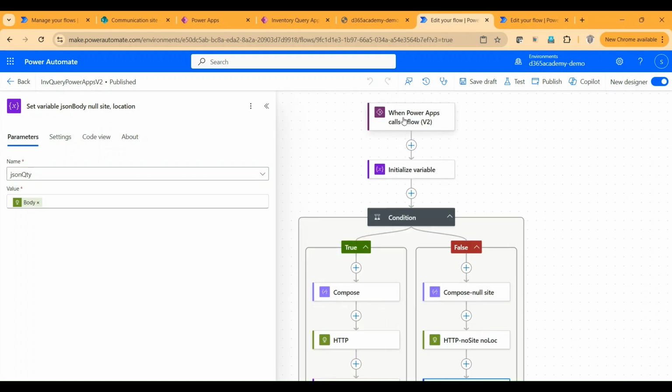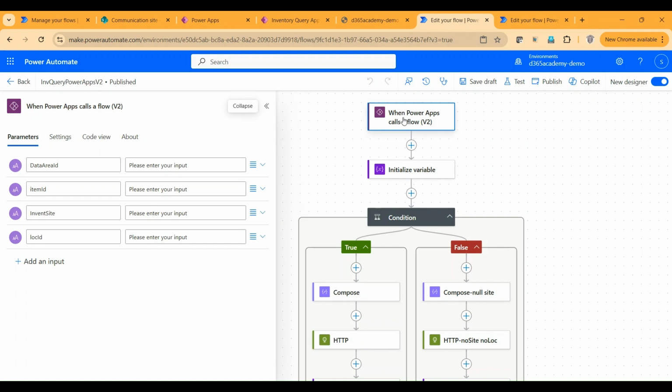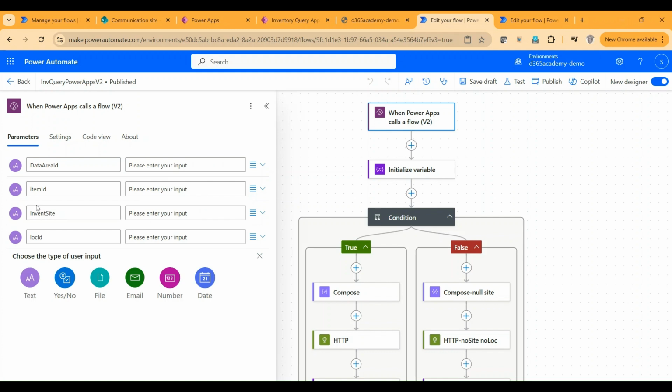Now, one point you must keep in mind: the data area ID and the item ID are mandatory fields, whereas site ID and location ID are optional fields. This is the reason why it is showing me the option to make the field required. So I've kept these as optional fields. The equation completely changes when you are calling an optional field from PowerApps. How to do that, I will show you. So once you have published this